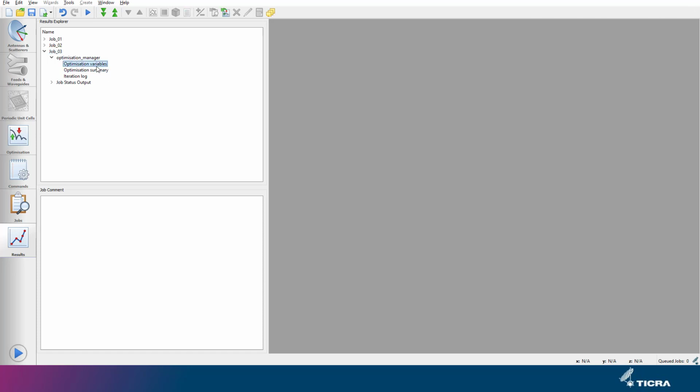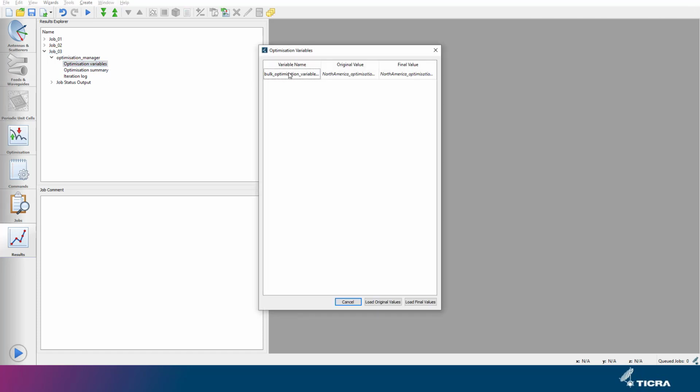Note also this nice feature for loading either the variables before the optimization or, what you would normally need, loading the variables after the optimization into the current project. This is not done automatically, since you're allowed to continue working and make updates to your project while the optimization is running, which, if the optimization result was loaded automatically, could cause unexpected results.